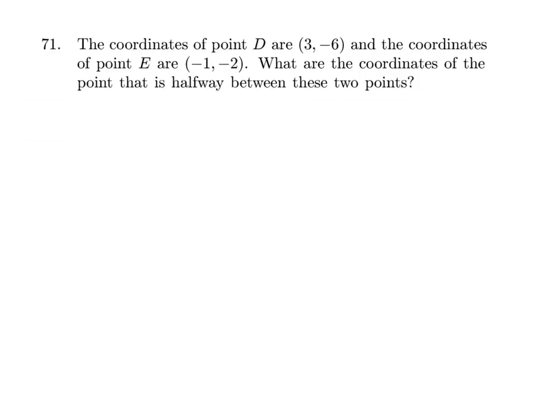Alright, 71. The coordinates of point D are 3, negative 6, and the coordinates of point E are negative 1, negative 2. What are the coordinates of the point that is halfway between these 2 points? Alright, halfway would mean we're trying to find the midpoint. So using the midpoint formula,